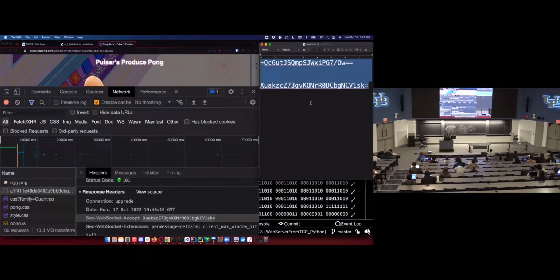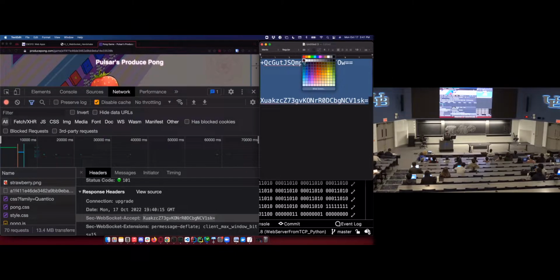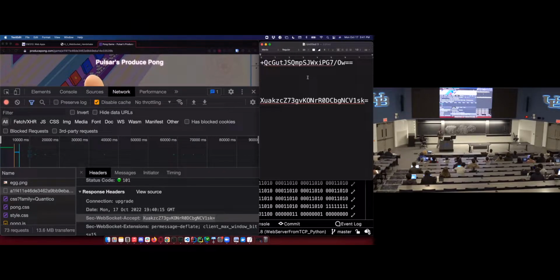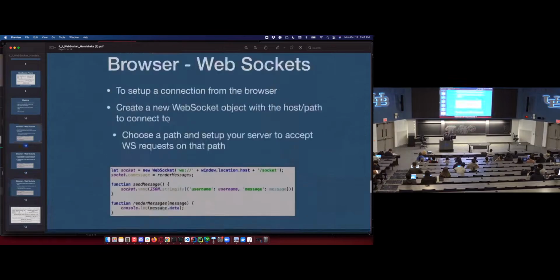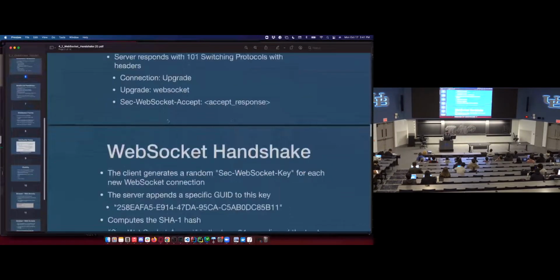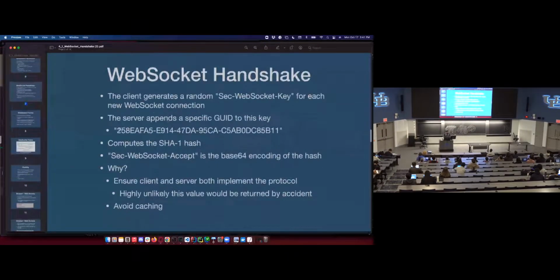So I want to get from the top value to the bottom value by computing based on what we saw in the slides. So let's do this. I don't memorize this, so I'm going to copy this.